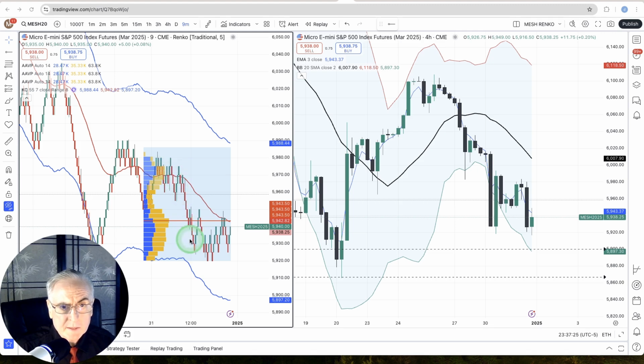Once we got below this red line, we just stayed in a blocky pattern. I wasn't real impressed with how this looked. Obviously, with the holiday, it's light volume. So I did scalp for actually along the morning hours. It wasn't that huge of a day for me at all, both Monday and Tuesday. But the idea here is when your trade model's really not showing up, you better have tight money management and better be the lowest leverage. It makes the best sense. So I was really doing 1 or 2 micros at the most.